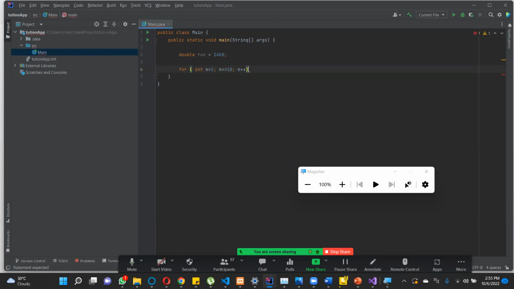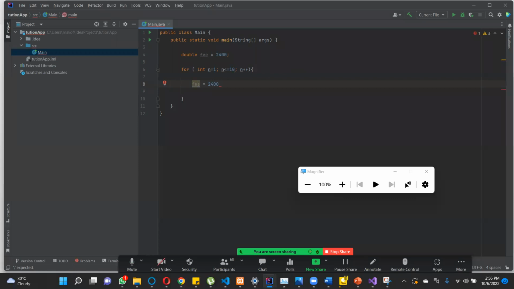The next thing which is very important is to do the body. Now, the body is where we are going to put in all the actions for our code. Is that okay? So now we can write our code. Now we can put the information we want inside our for statement. What are we going to put inside our for statement? We are going to put the following. We are going to write fee is equal to